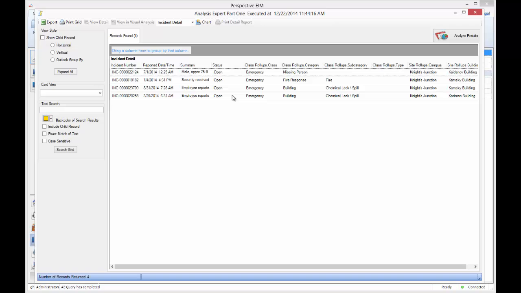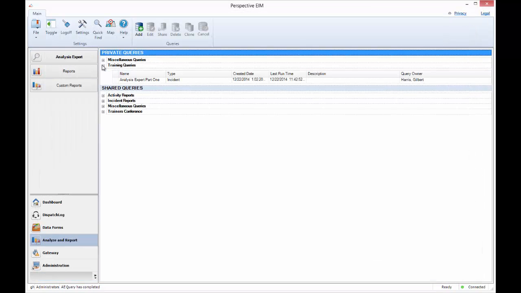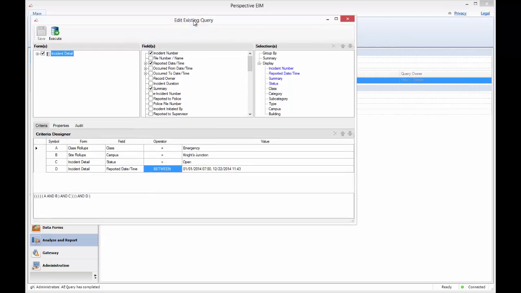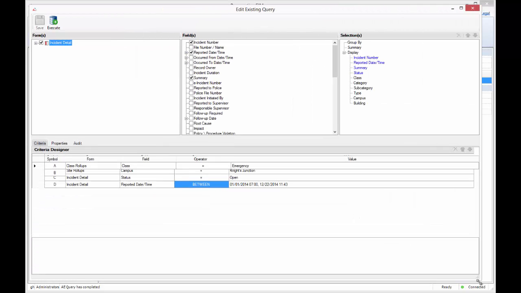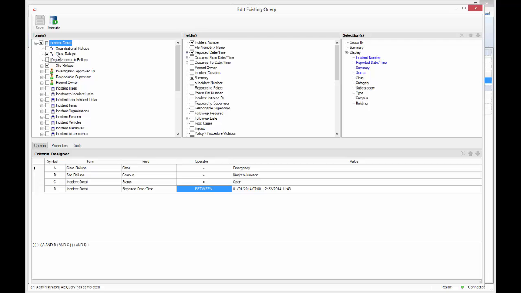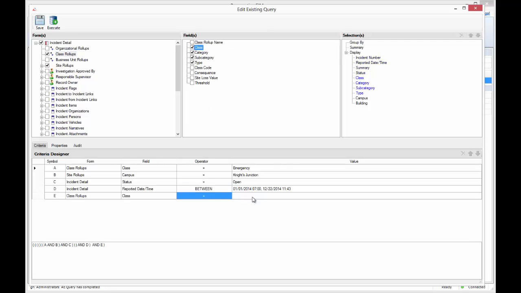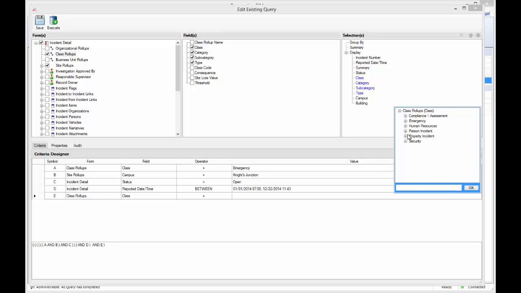Let's go back and let's edit this query to add in another piece of criteria around another class. We can navigate to that class rollups. We can right-click on class and select search by. In this case, let's choose our property incident. When we run this query now,